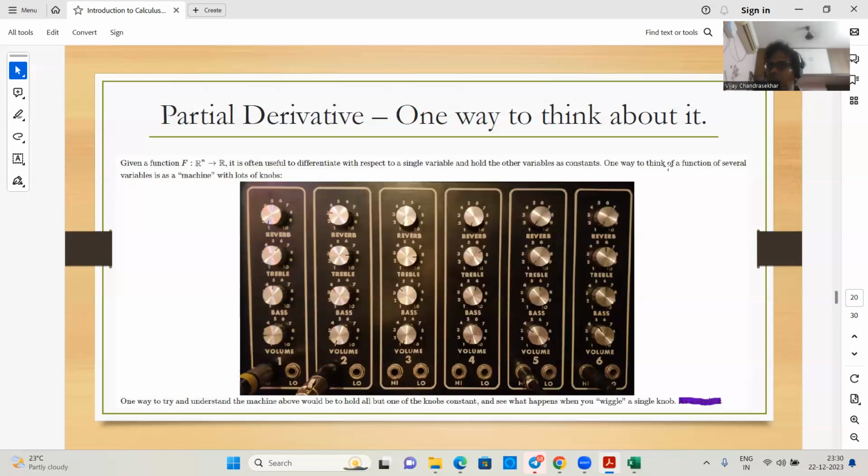So we've all played around with, this is of course old school, a media player, where you have all those sliders that you can move up and down. You pick one, you play around with it and see the impact of the movement on the audio output. Then you play around with something else, right? So that's something that we always do. So think of partial derivative as one where